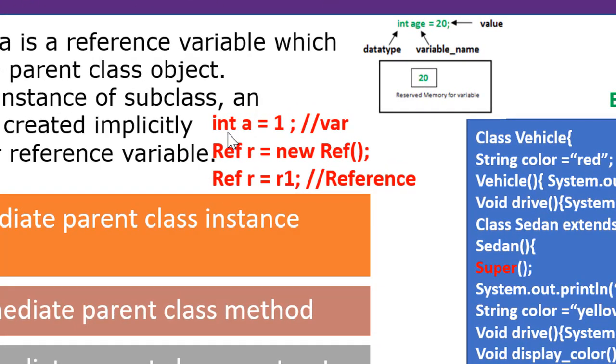When we have a variable like int a equals 20, int is a data type, a is a variable, and 20 is the value, the data. Internally it is stored in some random memory location which is not known to us. Now when we talk about the reference